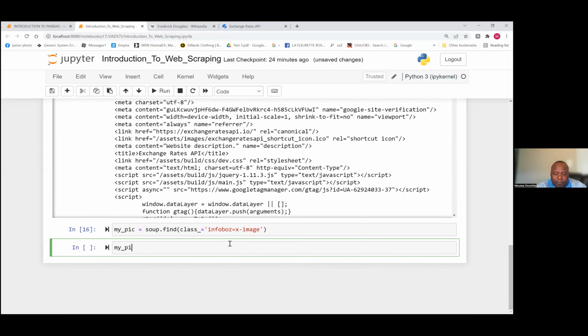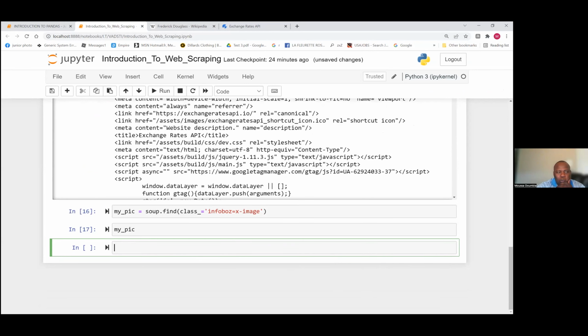So my pick, right? I want to look at this object to see exactly what's in there, right? My info box. So it's my pick now. Let me run it. Okay. So what I'm going to do, it has a binary. This is full of binary stuff. So what I'm going to do, I'm going to look at